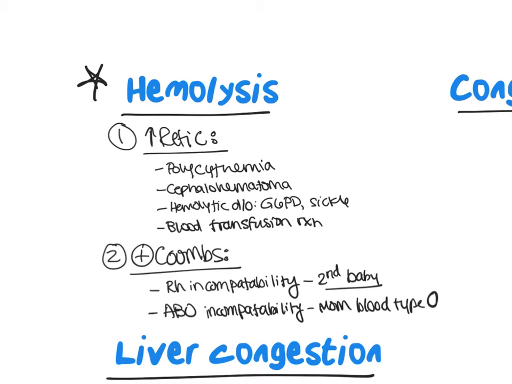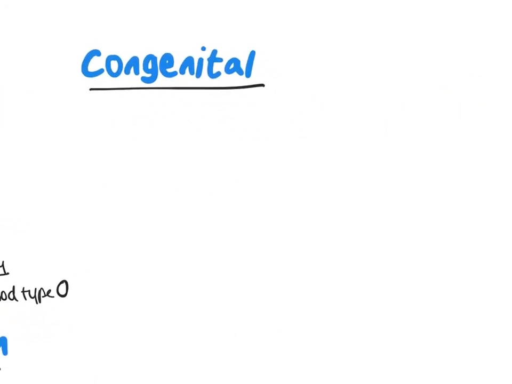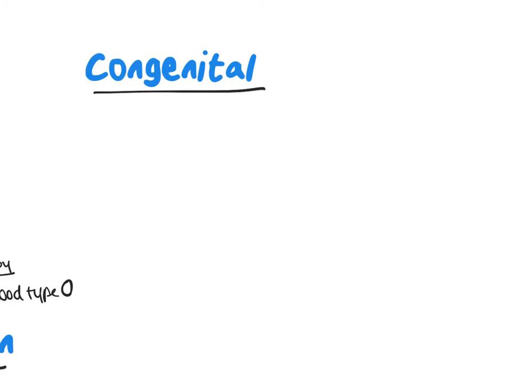The second bucket will be congenital etiologies. So these are going to be problems typically with conjugation of the bilirubin from indirect to direct bilirubin. The 2 major ones we want to think about, one is Gilbert syndrome, so impaired conjugation, but this is something that is survivable, doesn't require treatment, but might cause this person to be jaundiced under times of stress,